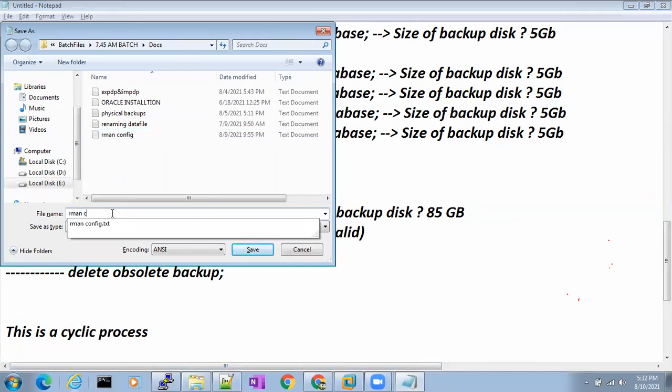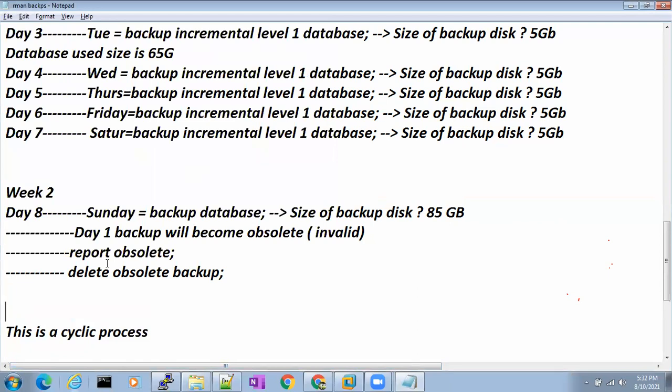Anna, can I ask one question? Yeah. So let's say every Sunday we are taking full database backup. Because of some issues, the database backup is corrupted, or I forgot to take the full backup, as we have a 7 days policy. How would it impact? Because definitely there will be loss, right? No impact.